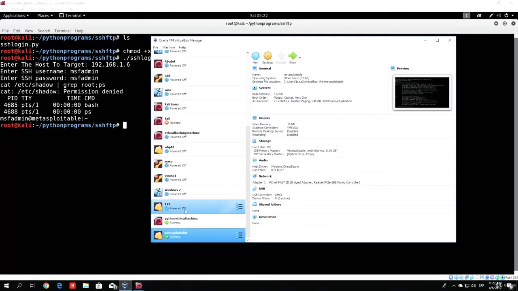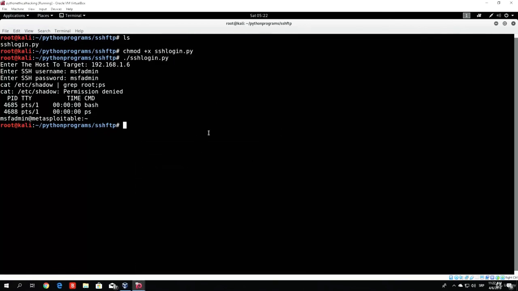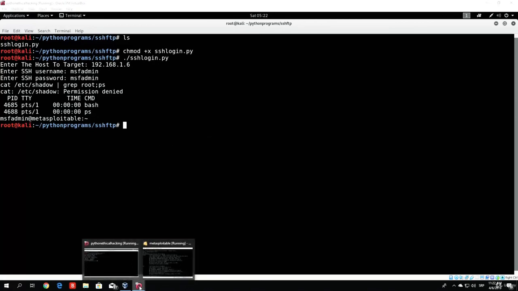So I have another virtual machine right here, which is the OS virtual machine, I believe. Let me just check this out. Now you don't need to install it really. It's basically almost the same as the Metasploitable. If we do need it, however, later on I will show you how you can install it, but for now we really don't need it. The SSH is basically something that you can brute force on any target system that has port 22 open. So right now, since I know the credentials for the root account for the